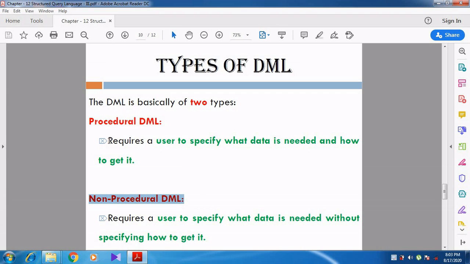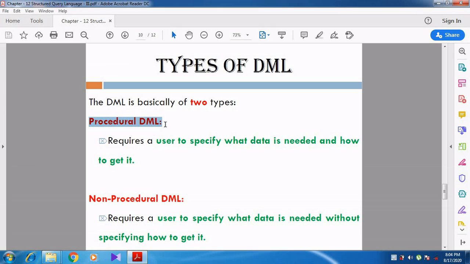A very simple thing. Whenever the user specifies what data is needed and how to get it, then that DML language is called a procedural DML, right? So whenever we are using the data manipulation language, we can go by a procedural manner as well as a non-procedural manner.